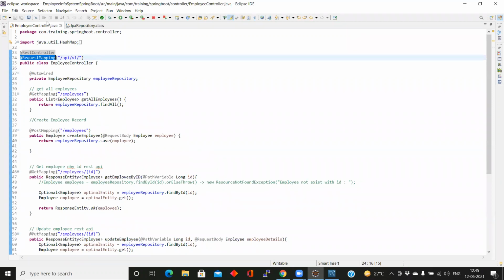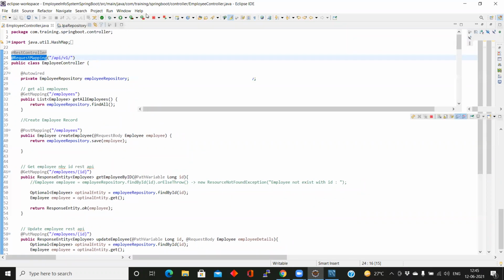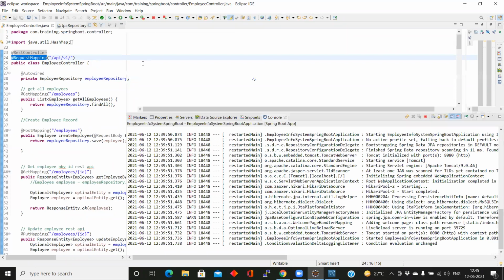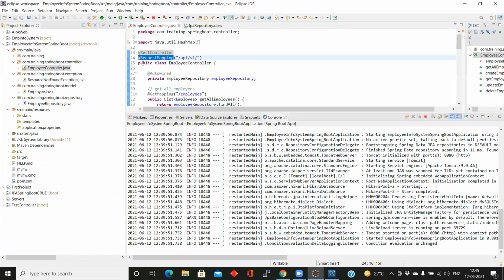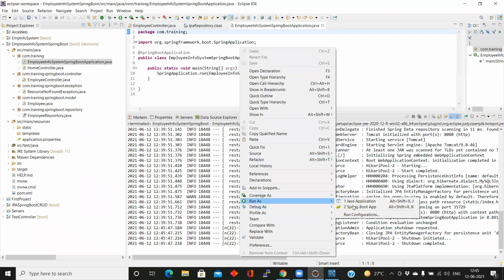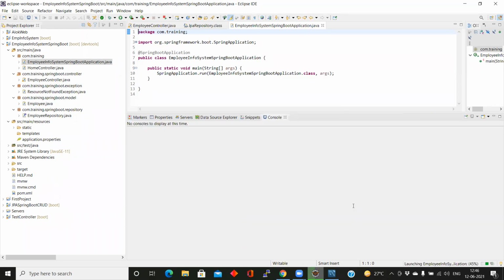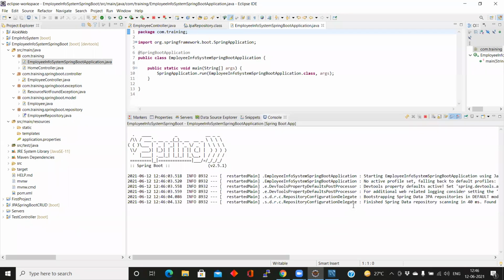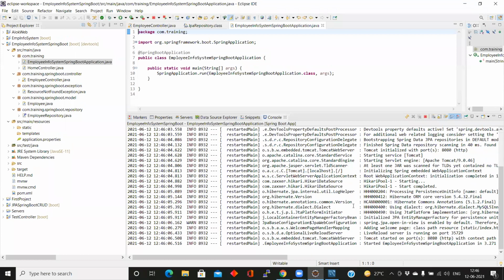Let's start the application. Stop, and start the application, run it again. Run from the browser, we can check what is happening.